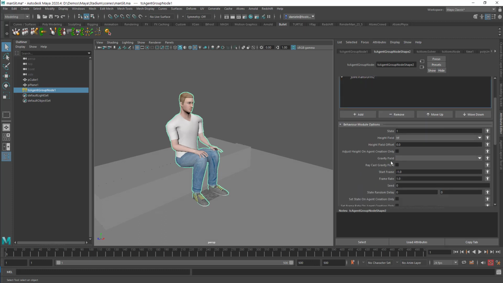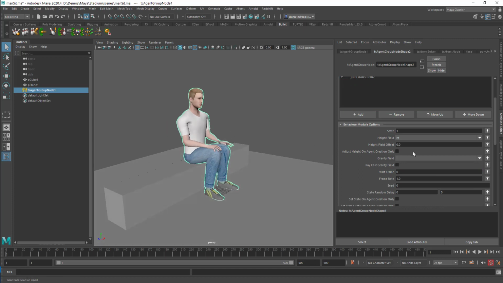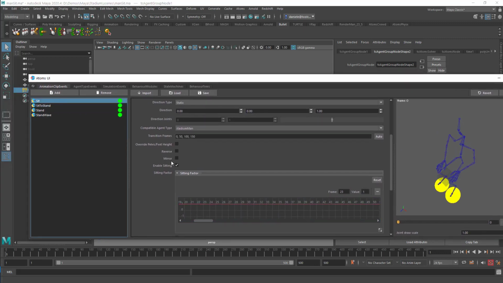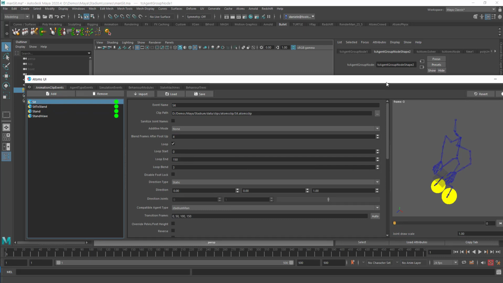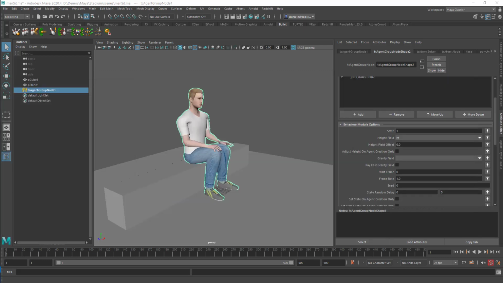So what we're going to do now is set the start frame to 0 in this case, because I'm going to export this animation using the same range of the sit clip, which is 0 to 153, I think. Yeah, and then we're going to reuse that clip within this shot. So I'm going to